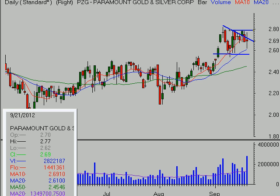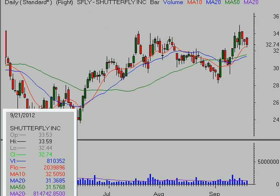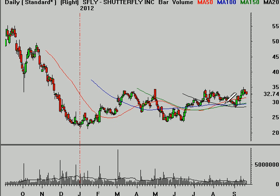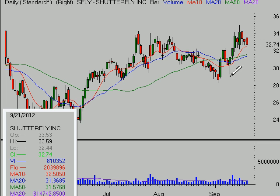A few other names to keep an eye on next week would include Shutterfly. Shutterfly was a perfect stage 2 uptrend, stage 3 distribution, stage 4 decline. If they didn't scare you out, they wore you out over the last year. Now we've got that 200-day moving average flat to rising. We've got a rising 50-day moving average. The 10 and 20 are also rising, and it trades